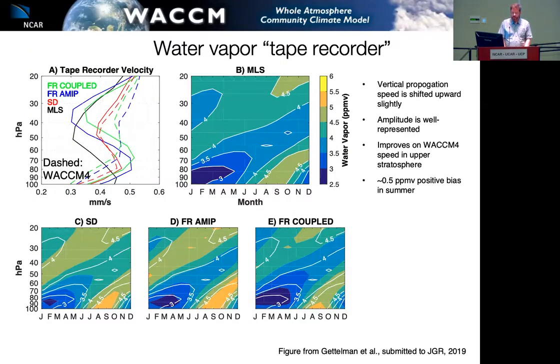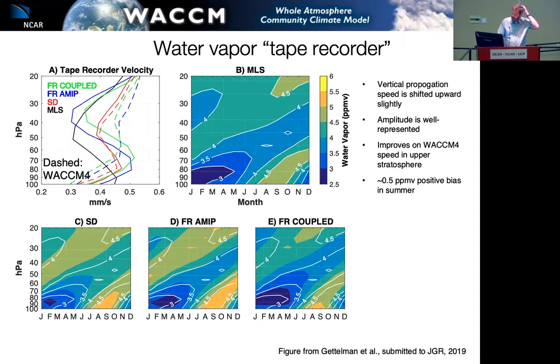The WACCM reproduces what's known as the water tape recorder, a phenomenon that's been observed of the seasonal oscillation in water in the tropics. The water in the stratosphere is controlled by the temperature of the tropical tropopause, so water freezes out as it goes up into the stratosphere. You get this tape recorder effect if you look at it in altitude versus time, with water oscillating due to that temperature effect. And we have a slight half part per million bias in the summer, but generally do a pretty good